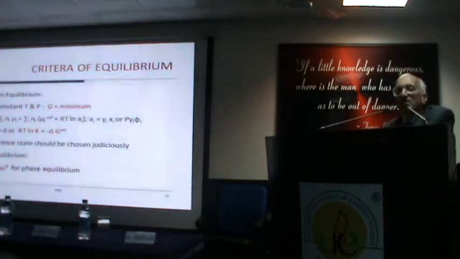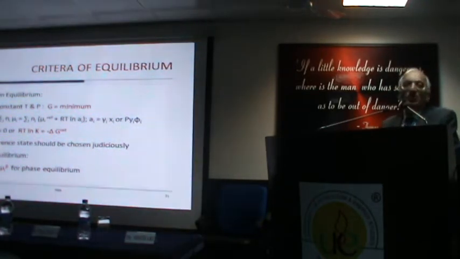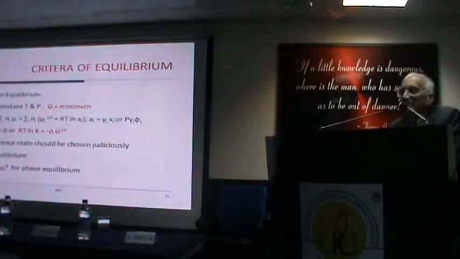So what you need is chemical potential as a function of temperature, pressure and composition. Then you can solve for the composition of the two phases, which is what we do routinely. But except that there is no unique model for the chemical potential. So you have to try out various models, see which one agrees with the data. As I said, there is a lot of scope for that. Every other day somebody proposes a model for GXS.